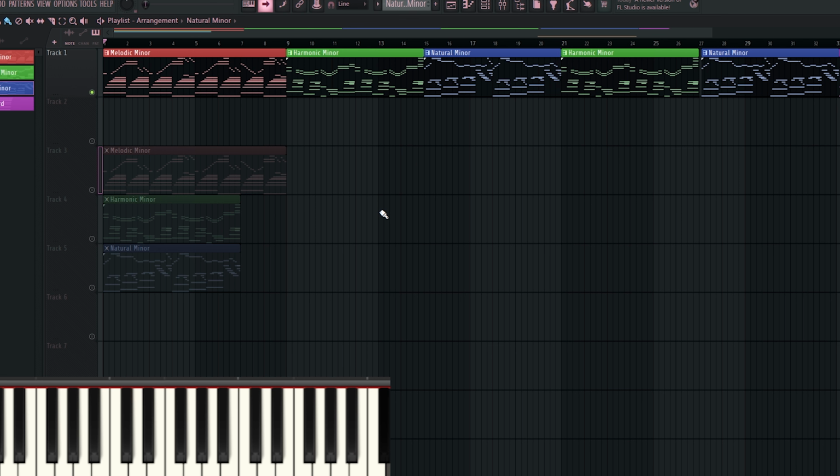So I hope that helps you hear the contrast between each of the different degrees, raised or not, and how